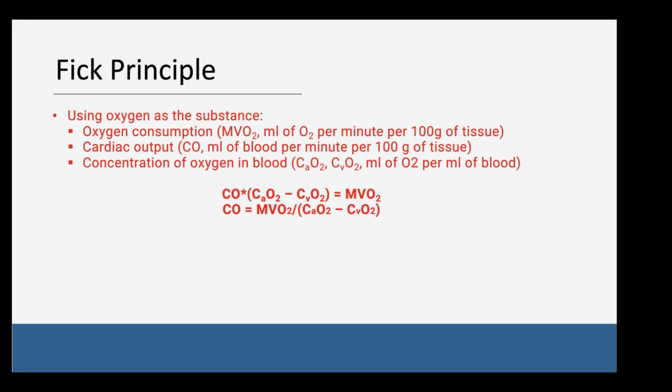venous contents. If we take that former equation and say the flow is cardiac output and we multiply it by the arteriovenous difference, then we can get the rate of consumption of oxygen in the body. And because we're actually calculating for cardiac output, we can do some simple math and say the cardiac output is then equal to the oxygen consumption divided by the arteriovenous concentration difference in the blood.